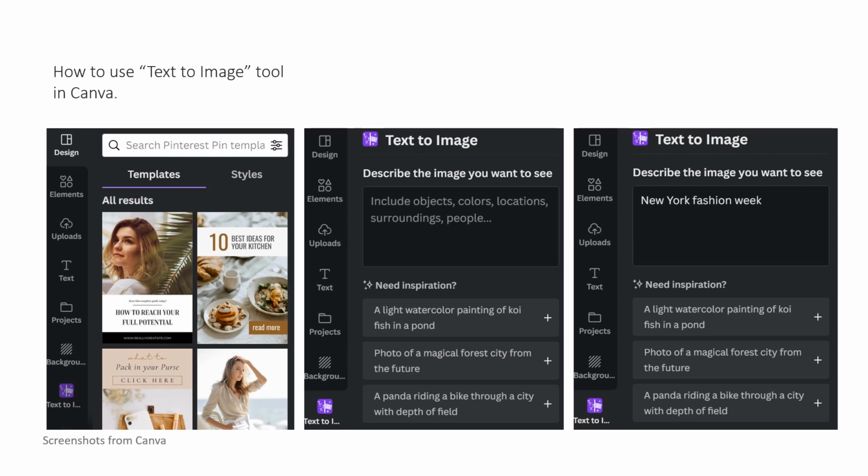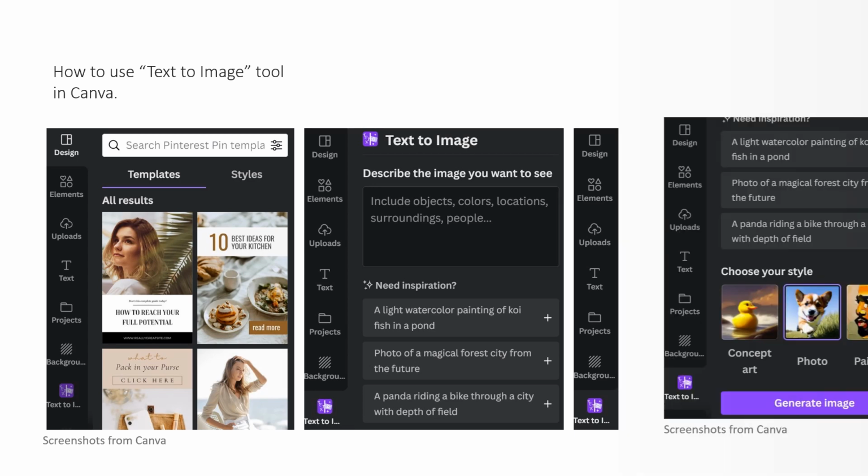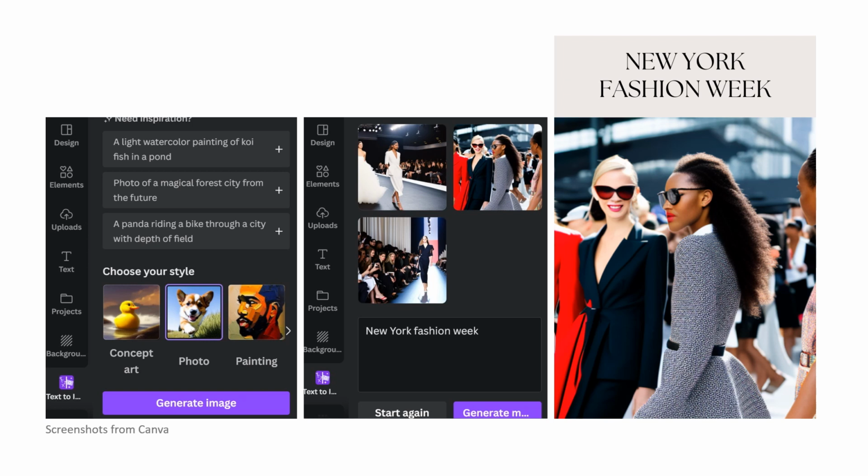It asks you to describe the image you want to see in words, and it gives you some hints on the type of text you can enter to generate an image. In my case, I wanted to create an image for the New York Fashion Week to see what the program came up with. Once I entered the text and scrolled down, I was asked to select a style as shown in the screenshot